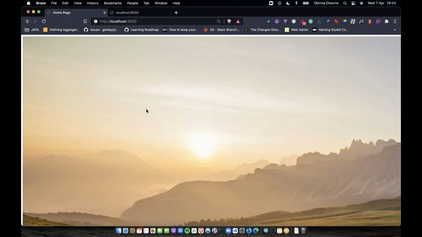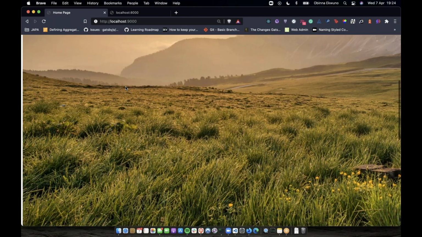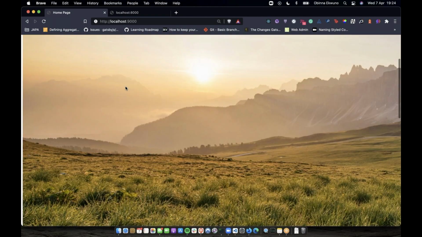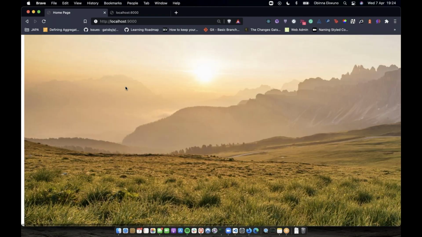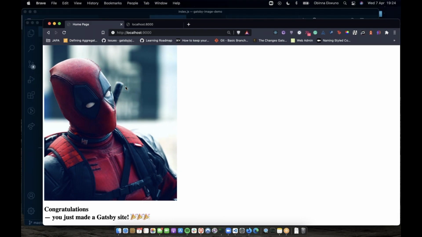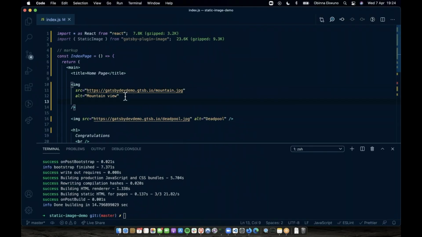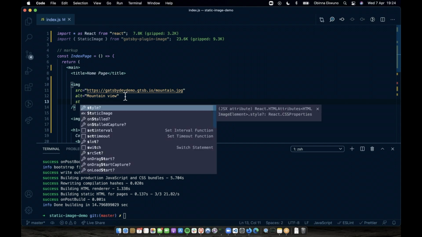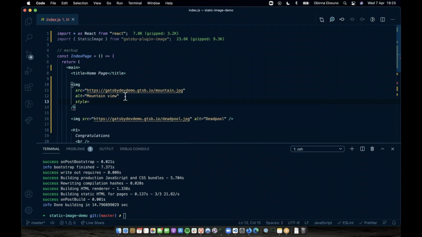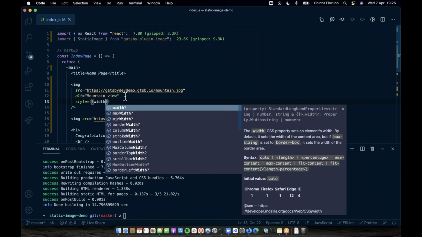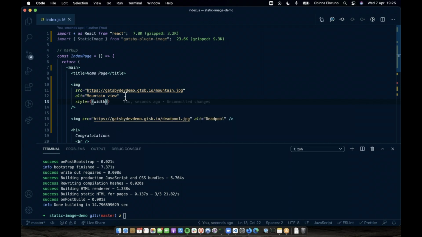So I'm just going to refresh this so that you see what's going on here. You can see that this image, the first hero image, is really spanning out. So we might want to add some sort of styling to it. So I'm just going to add a bit of styling to make it look better. And I'm going to add a width of 100%.